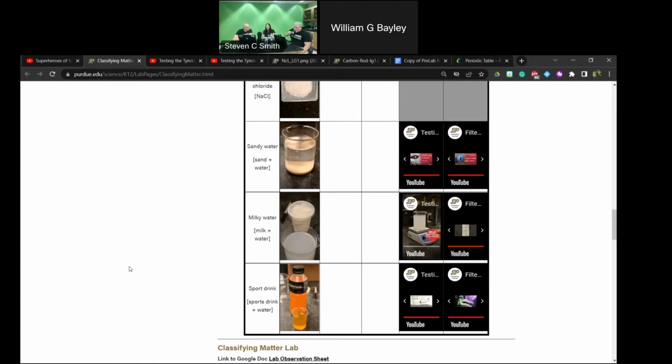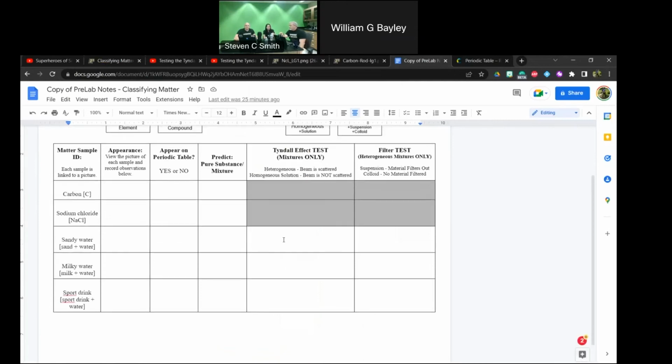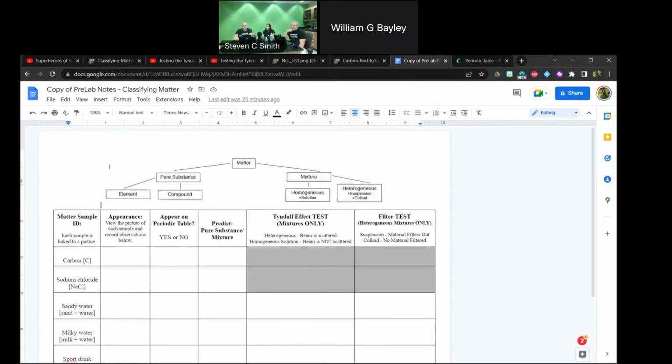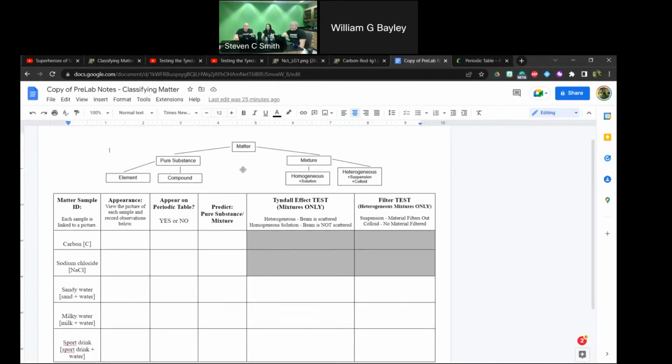If we're classifying, we want to make sure that we're describing them as best we can. And so I catch myself sometimes. I just want to call it all solution. So you're going back to the flow chart so that they can see that. Yeah, because I think that is very important visually for the kids.